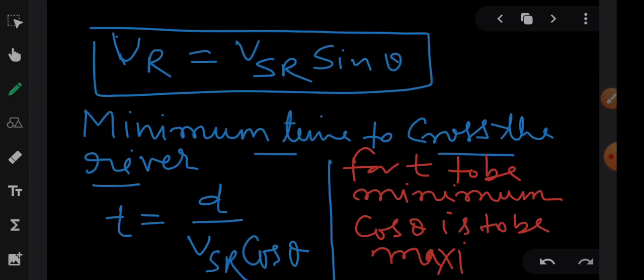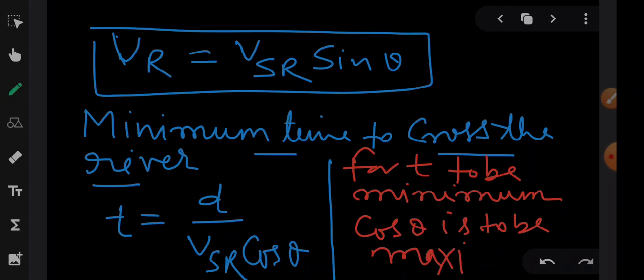So VR is equal to VSR sin theta. This will be the condition. That is, the horizontal component of the swimmer's velocity with respect to river is to be balanced by the velocity of the river. In this case, the swimmer will go straight